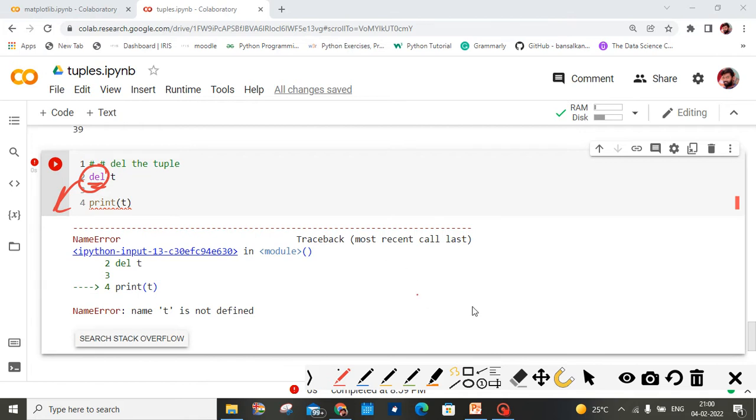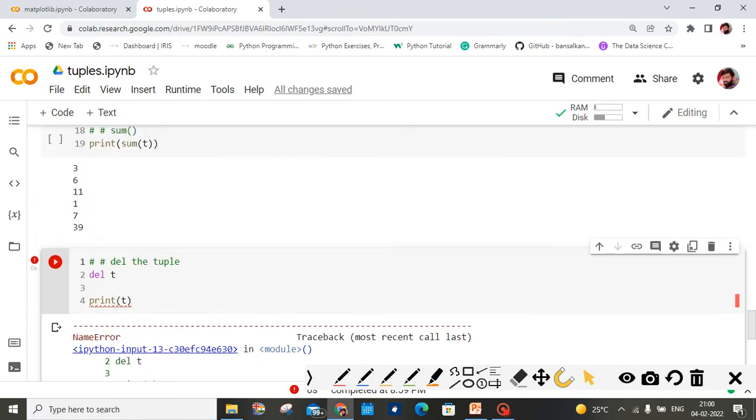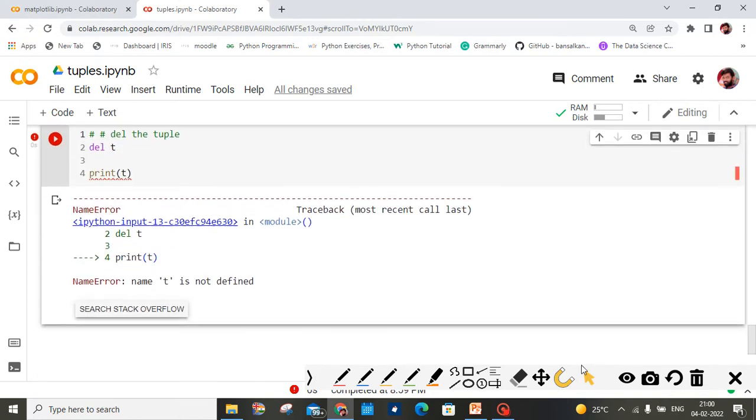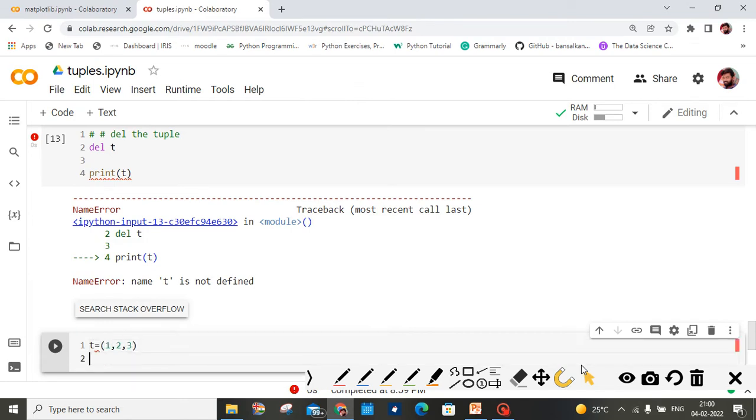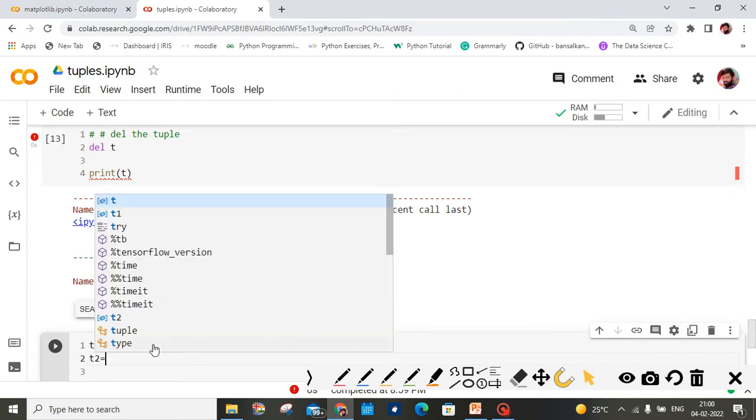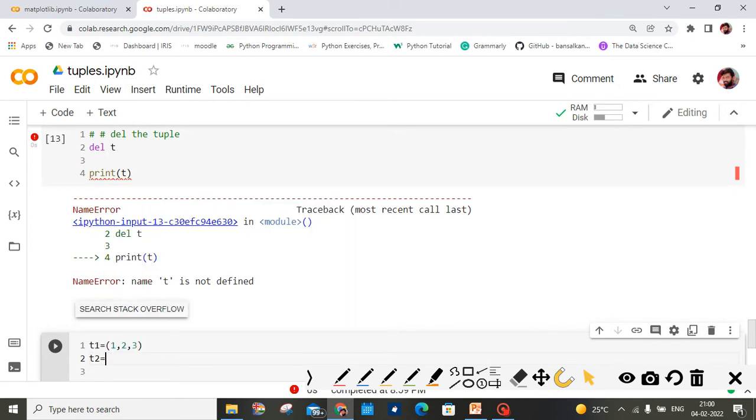Okay, let me do some operation. Let me do a new thing. Let t1 equal to a tuple, I am taking 1, 2 and 3. And t2 you can take some values like this.